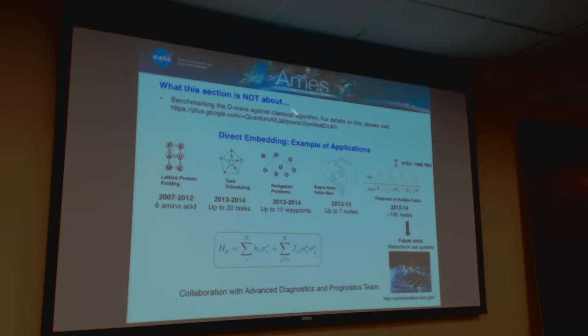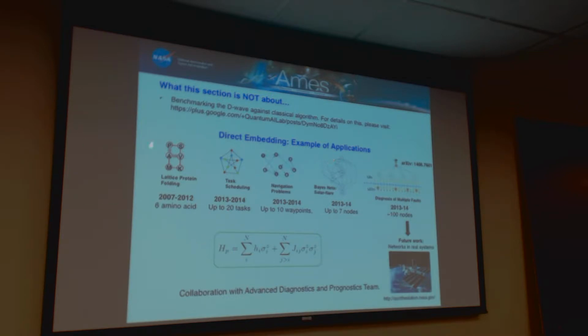instances of the problems. But what I'm going to talk to you about today is that we managed to implement one of the instances that we think is already compatible with some of the instances that you would find in real-world applications. So you can see the progression. For instance, I was the one who implemented this particular problem, when I was in the group of Alan Aspuru-Guzik. We only managed to embed a 6 amino acid instance. So pretty much this is something that you can do with paper and pencil. It's a very trivial instance, but it shows all the steps of how to implement a computational problem into